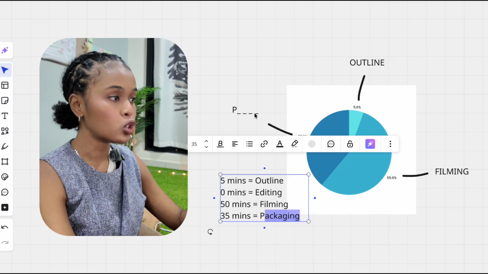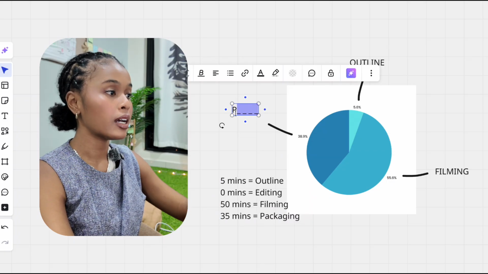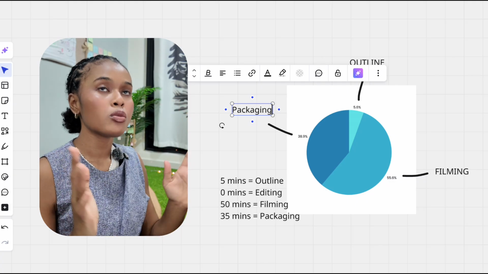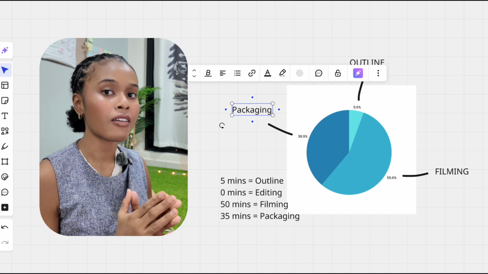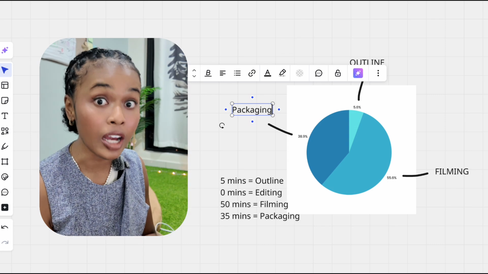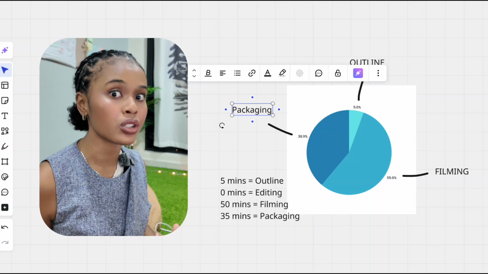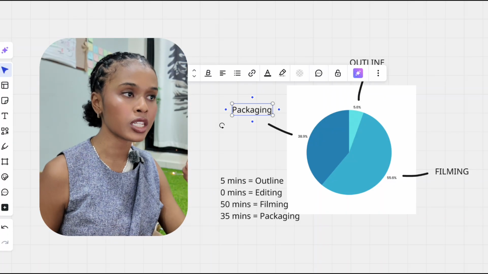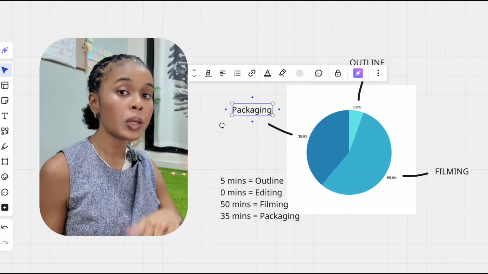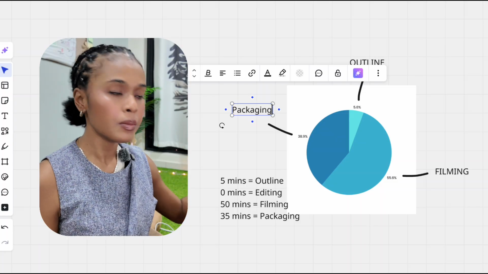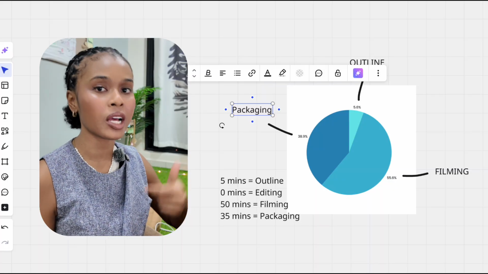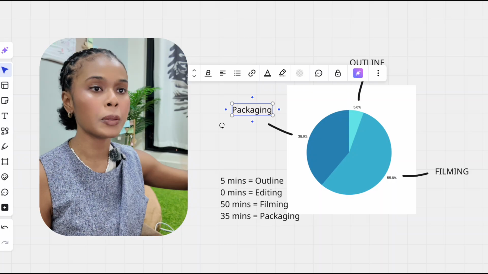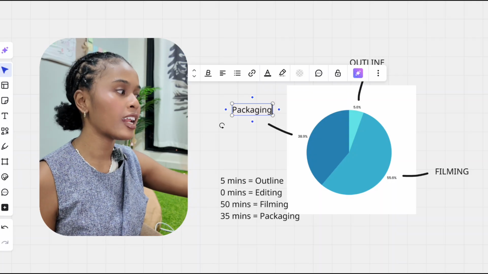Why packaging is so important is because people are not gonna watch your video if you don't even get them on the video. Like, YouTube is pretty much one of the only platforms where you have to choose to watch a video. Like, it's very intentional. So when people get on YouTube, like, it's so much more valuable than Instagram and TikTok for that reason, because you're not force-fed content. People intentionally want to hear from you because they've pressed on the video because they found the thumbnail and title appealing. It is like the first step that people have to take so that they can watch a video. And it's the first impression.